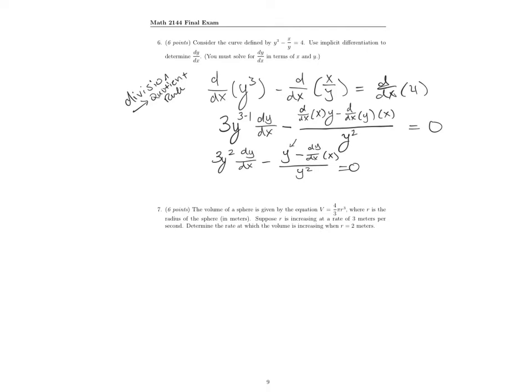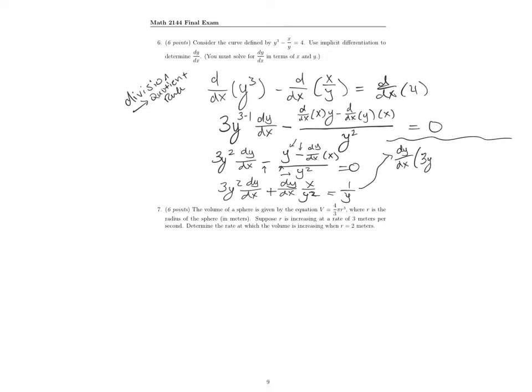So I'm going to reorganize so that I have 3y squared dy/dx, now plus, because we have a minus sign here and here, dy/dx times x over y squared. And moving the y part over, we'll get a positive 1 over y on the other side. Factoring out our dy/dx,